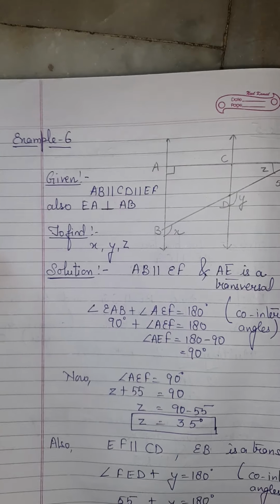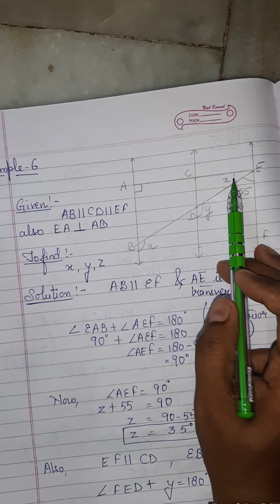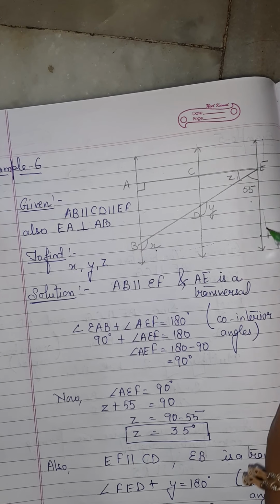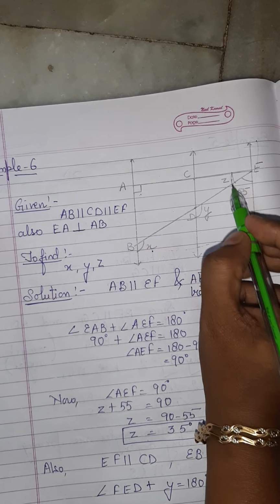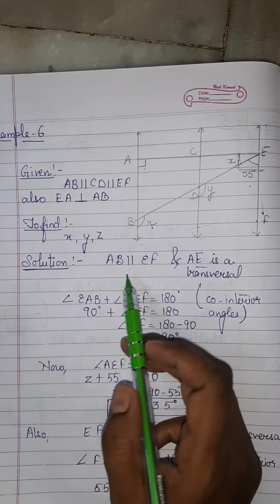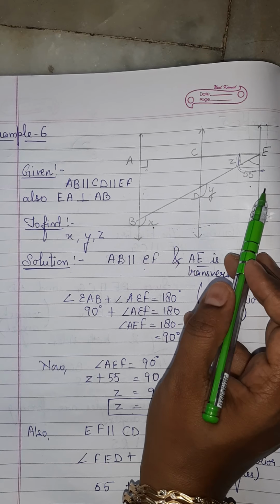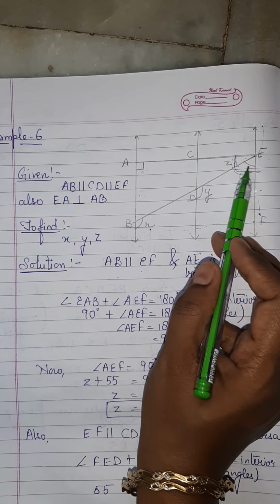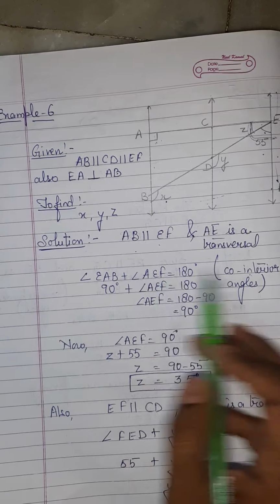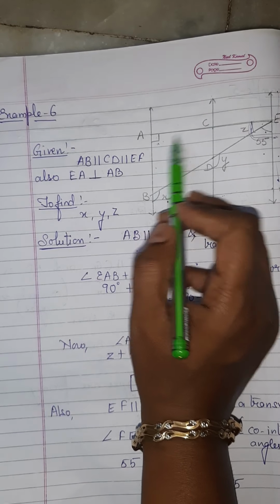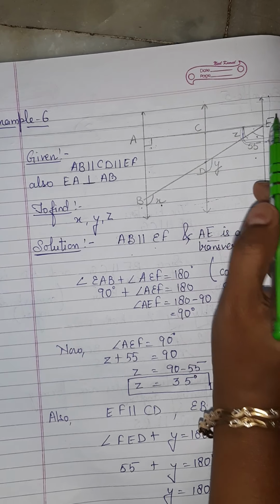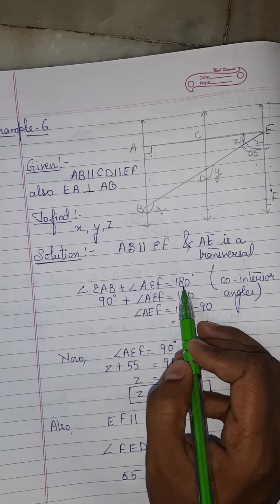Just see the solution quickly in the notebook. As this is the figure, Z, given 55, Y, X, all these are given. These three lines are parallel. When this is 90, can we say that this complete is also 90? AB is parallel to EF. AB and EF are parallel and AE is a transversal. So these two will be forming co-interior angles. Angle, which one? What is the name of this one? EAB. What is the name of this complete angle? AEF. So EAB plus AEF is 180.